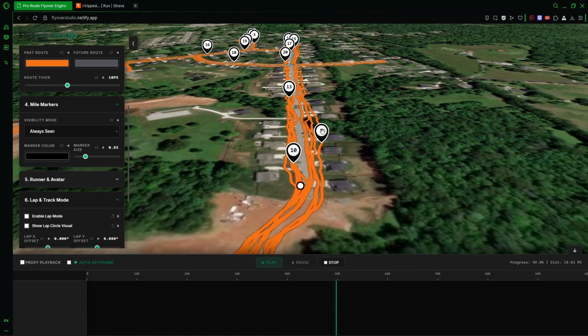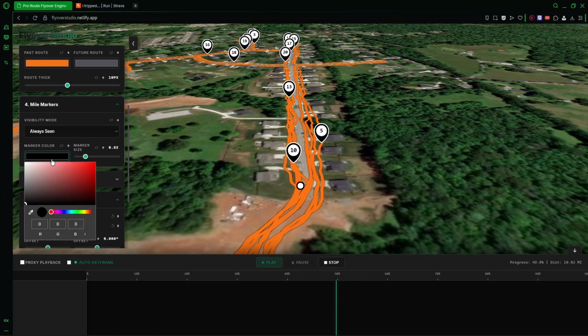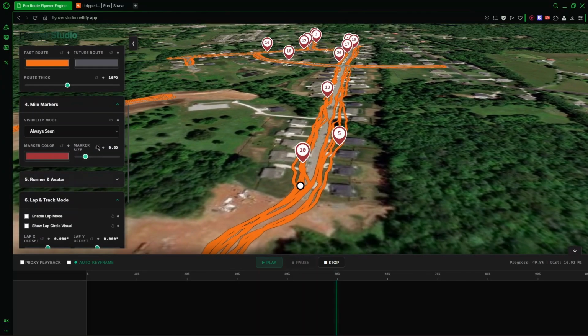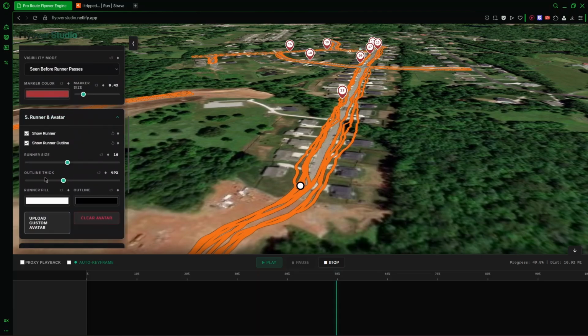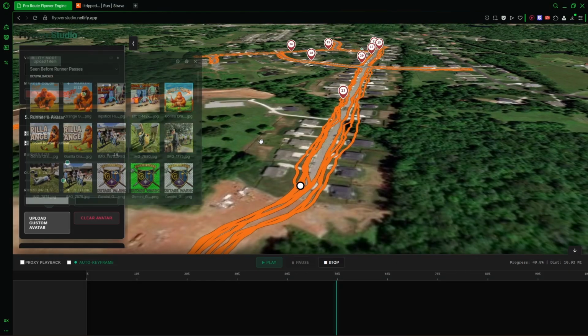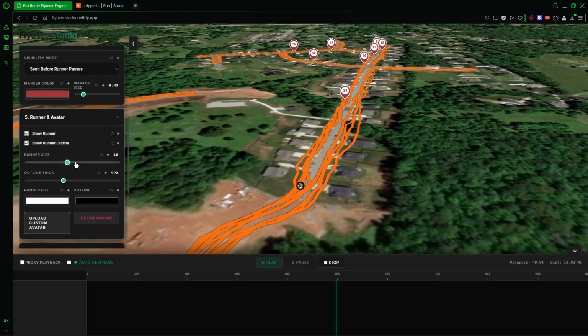So like that's mile 5, that's mile 10, mile 13. You can change the color of them. You can change the marker size, and just always seen before a runner passes. You can change the avatar and runner. You can upload a custom image. You can change the runner size,